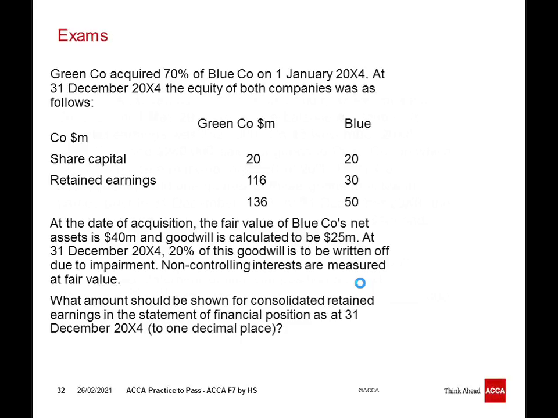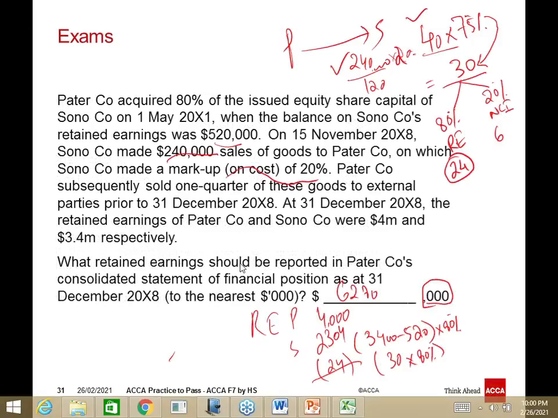Give a minute to my question, Madhya Firdaus wanted to ask something. Please, can you share your question again? Unrealized profit will be 30. Yeah, 30 is the total amount of the profit, and it will be shared between the group and NCI, 80% and 20%. Madhya, can you repeat your question? Where is your question?